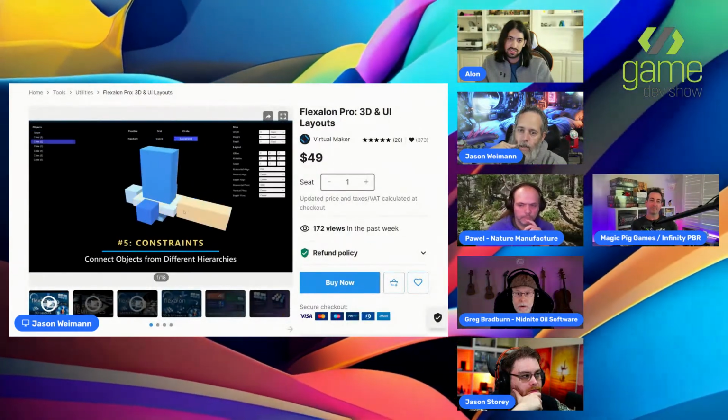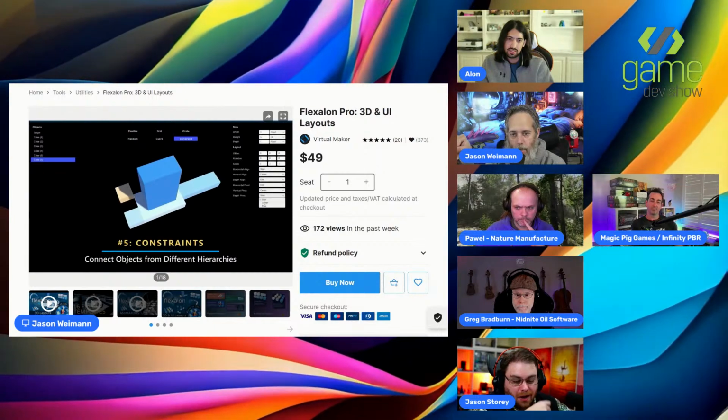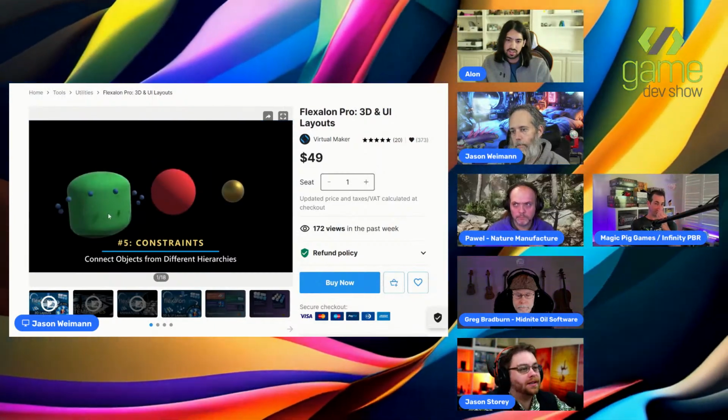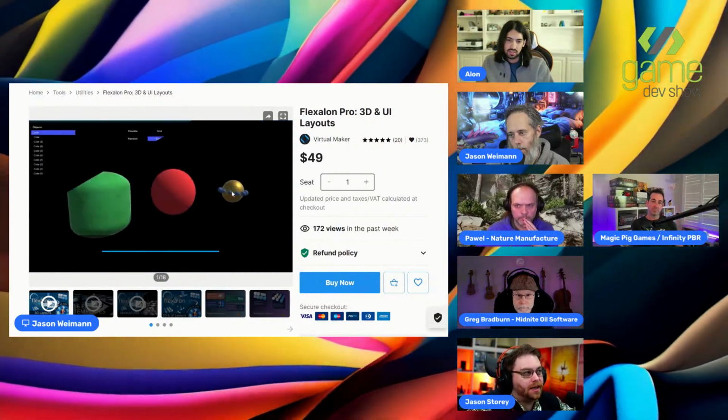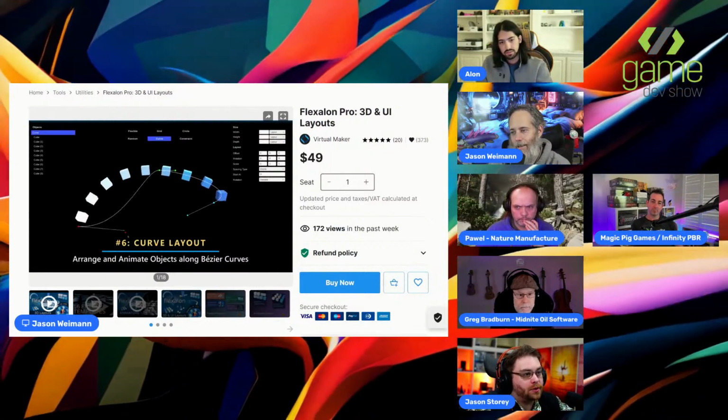But this seems like it'd be much better for that. Story, have you used something like this, or have you actually used Flexon before? I have not used Flexon, but back in the early days of VR, I very much tackled a lot of these kinds of things in smaller ways. Like I didn't build a cohesive unit out of it, but yeah, it's one of those things with a deceptively